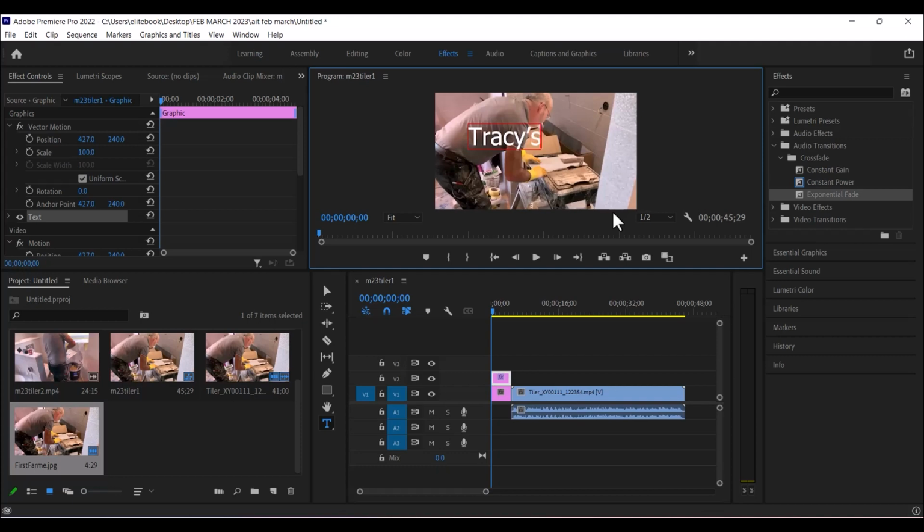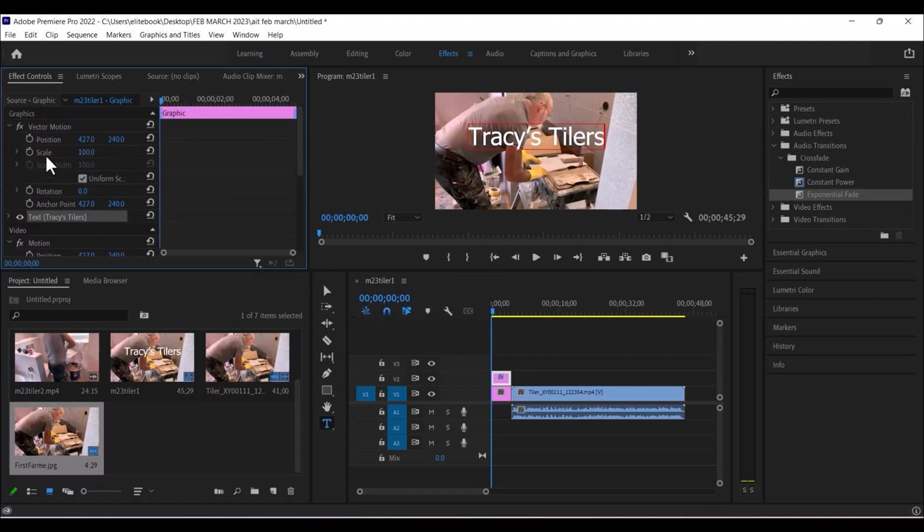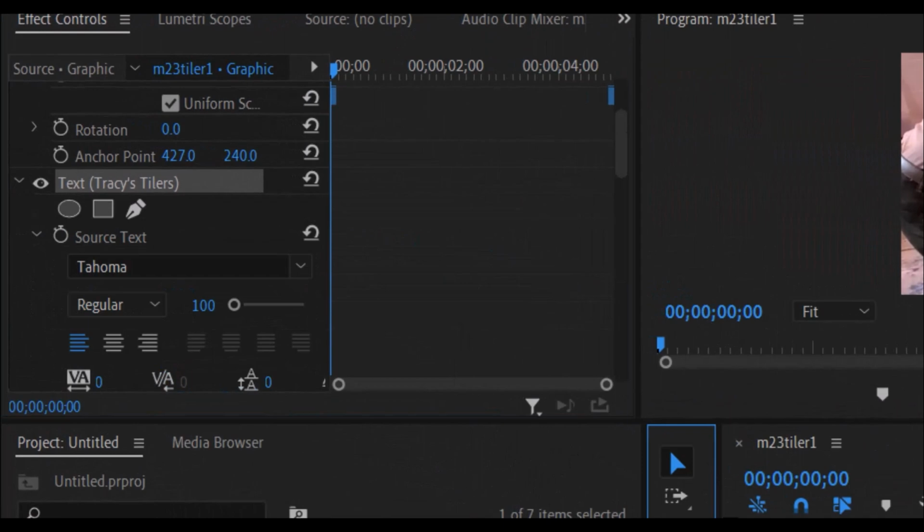Then I start typing Tracy's Tyler's. So that's it, Tracy's Tyler's. That's a company name. Next, we need to make changes to how the title looks. So in our effects panel, to our top left, we look for the text we just added. Here it is. Make sure the text clip is selected